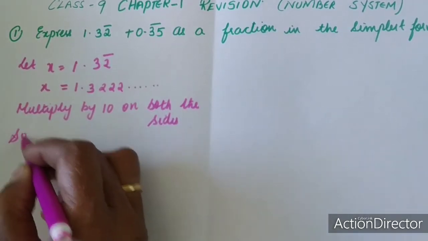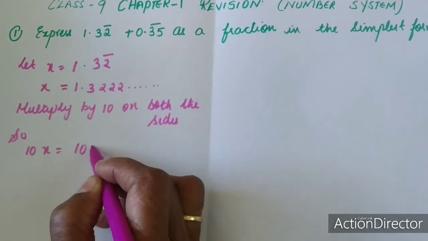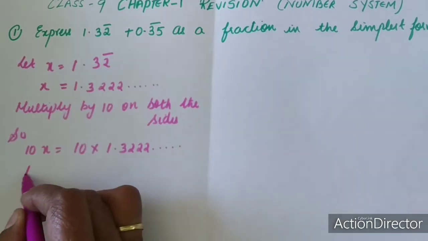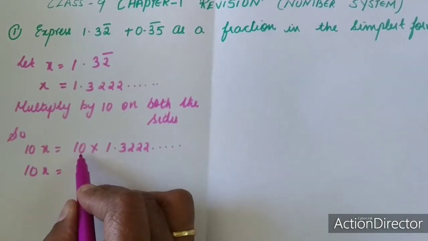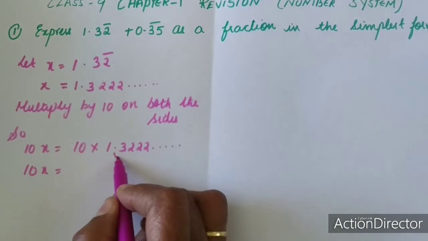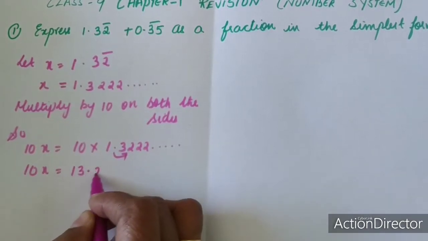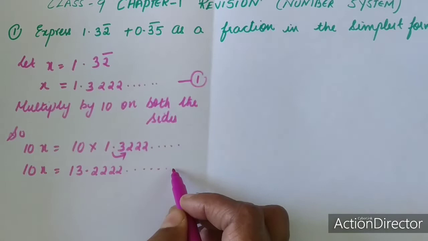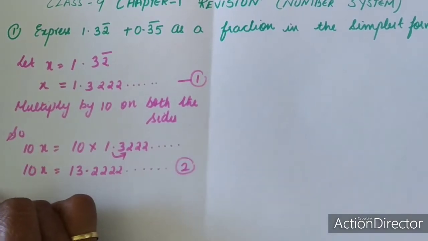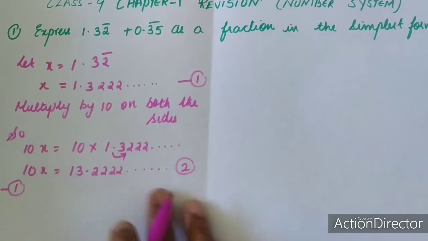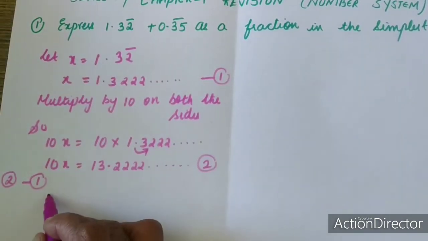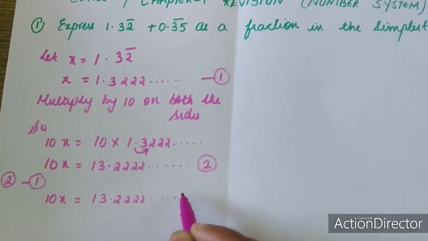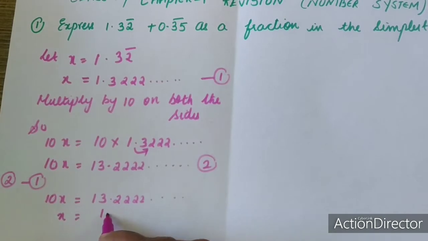So 10x is equal to 10 multiplied by 1.322... or 10x is equal to, when it is multiplied by 10, the point moves forward. So it becomes 13.222... Now let it be equation number 1 and this as equation number 2. So I am going to subtract 2 minus 1. So the second equation is 10x is equal to 13.222... and the first equation is x is equal to 1.322...